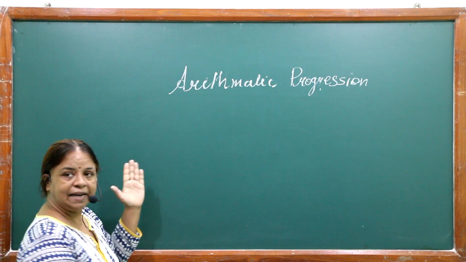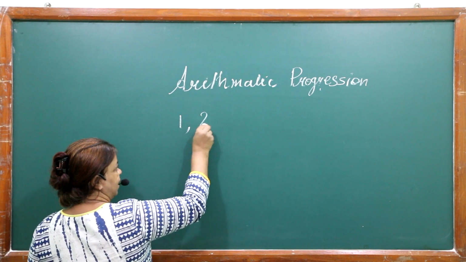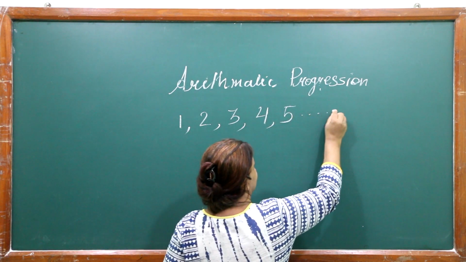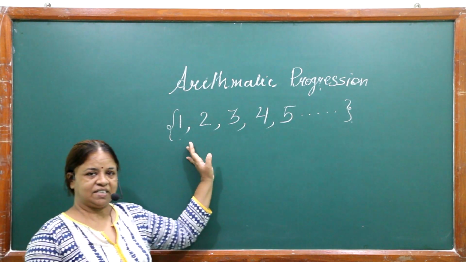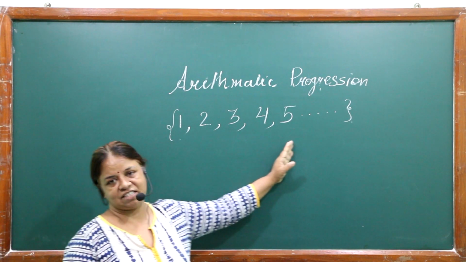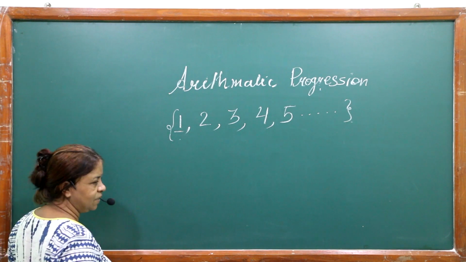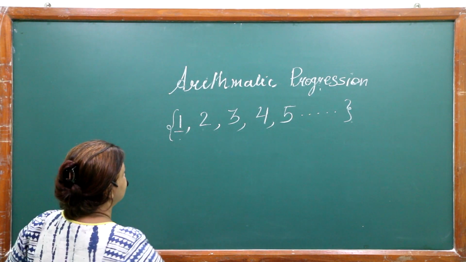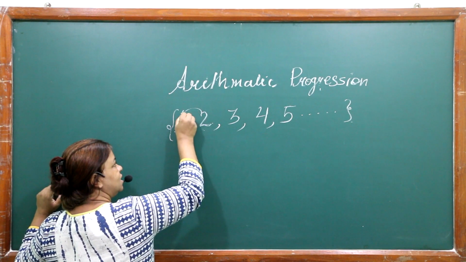Before I begin, let me write one sequence as I wrote it here. Immediately, you have learned it in 9th standard, you must have thought of, yes, natural numbers. It's a set of natural numbers. Now when I'm writing this, this is my first term of natural numbers. Natural numbers begin from 1. Now to write the second term, 2 is my second term, this is my first term.